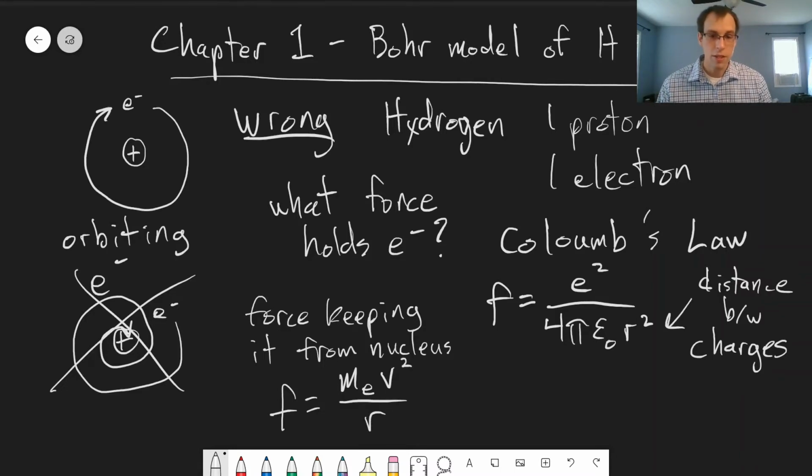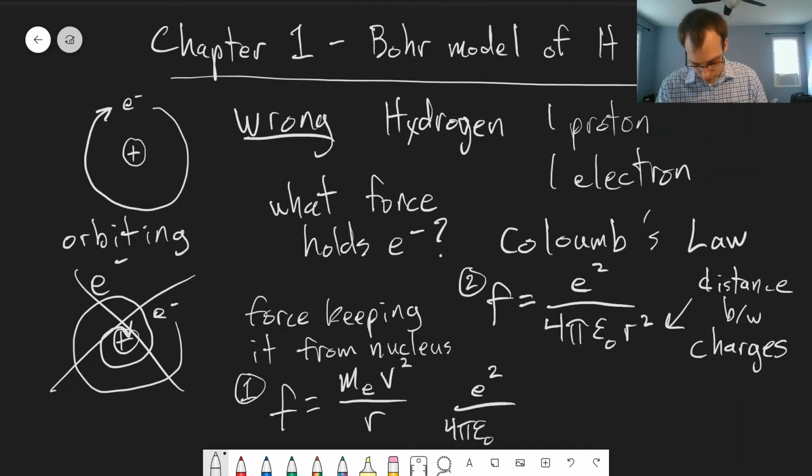These two forces have to balance each other. If one of them was bigger than the other, the electron would either go towards the nucleus or away from the nucleus. Obviously neither of those is happening, so they have to be equal to each other. We have balanced forces here, and we can equate these according to Bohr's model: this Coulomb force, e squared over r squared, is equal to the centrifugal force,